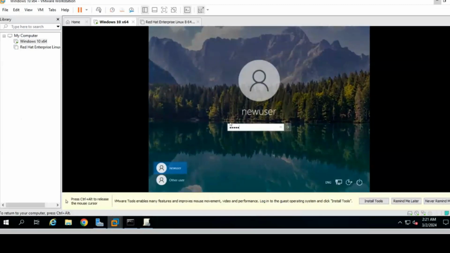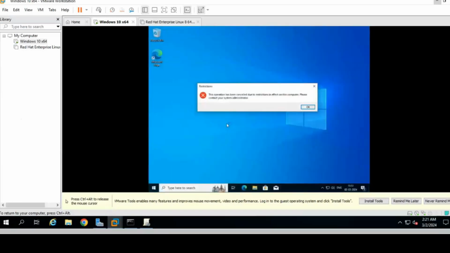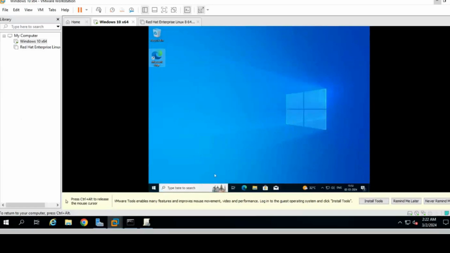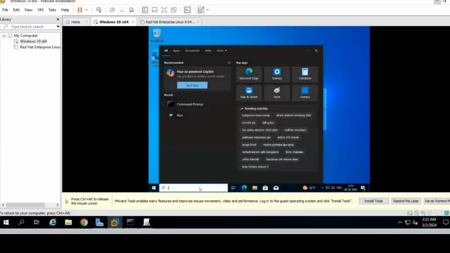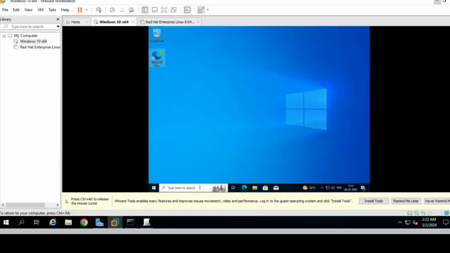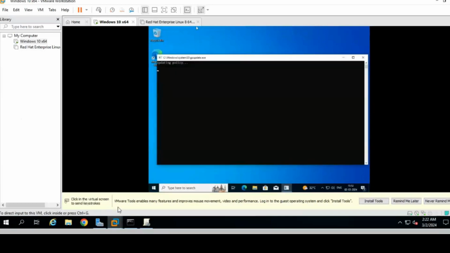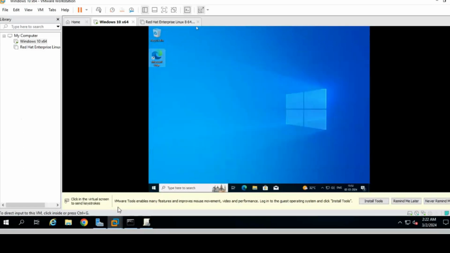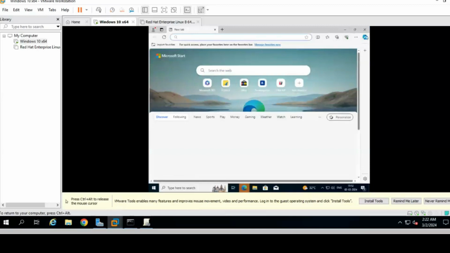This is user cloud, add the rate 123 and then dollar. Open it, then okay, then open run and GP update slash force. Now it should be removed.